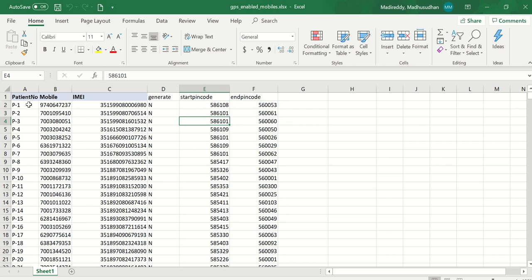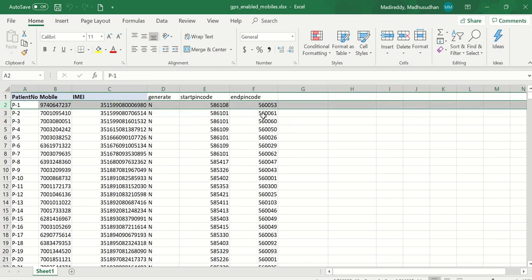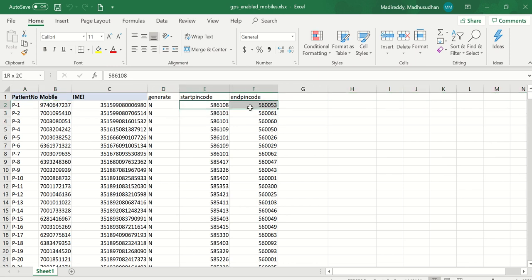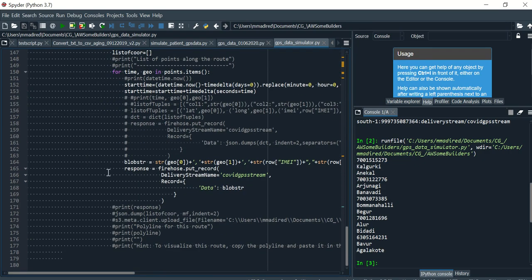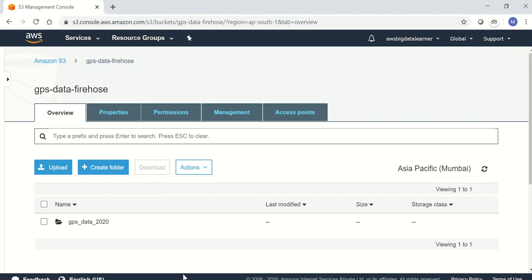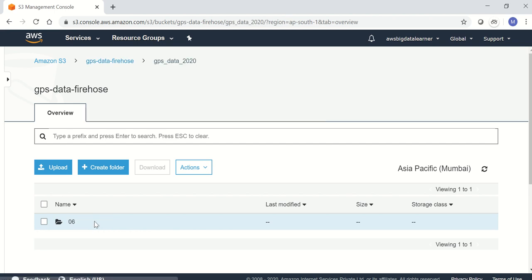Each record will have one route with multiple coordinates between these two addresses. This is sent through Kinesis Firehose. We have created a Kinesis Firehose delivery stream with S3 as a destination. This is the bucket where the files will be placed.